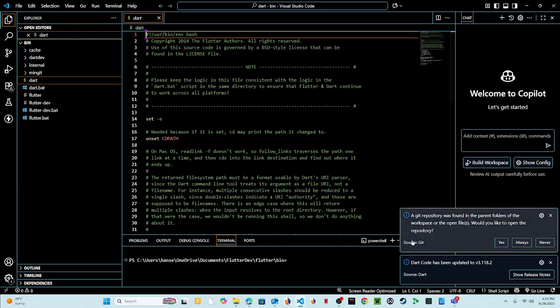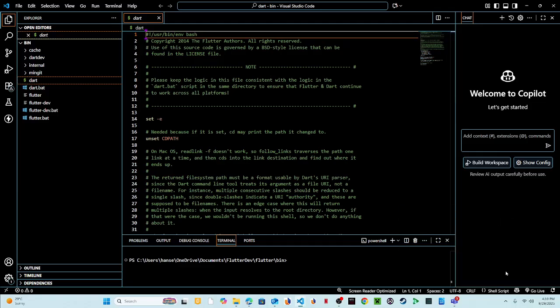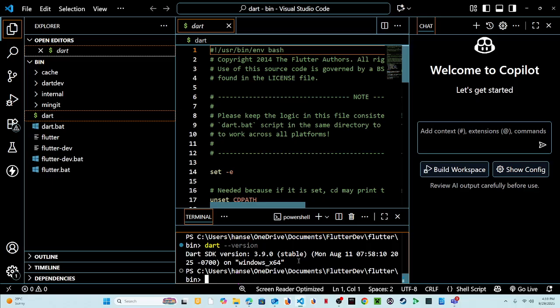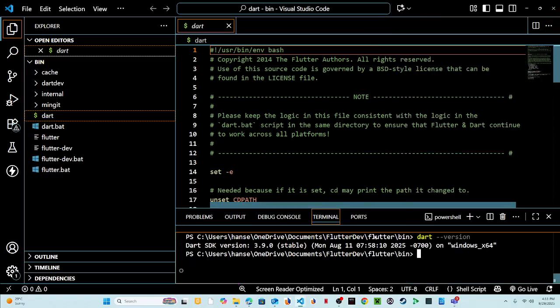You will see that the Git repository has been set and some updates were there. So it's linking the Git and the SDK at the same time, since we have set up our environment. To check whether Dart is working, I can just type in the terminal dart --version, and then the version appears, and this would be my 3.9 SDK version of Dart, right? So from then on, I can now create a Dart